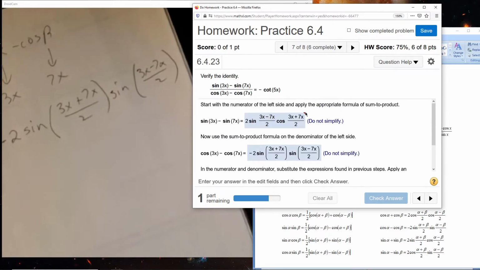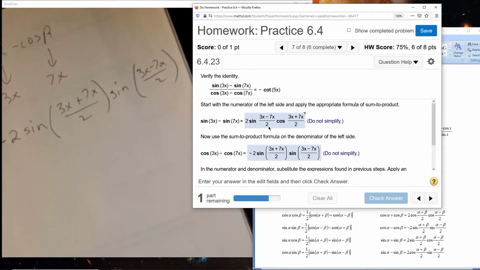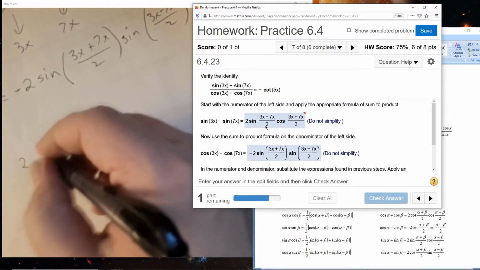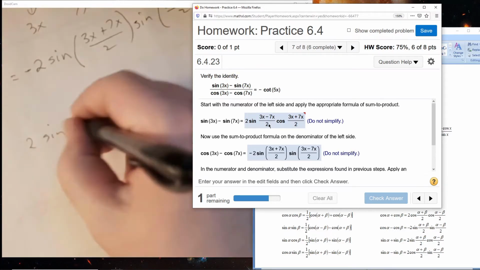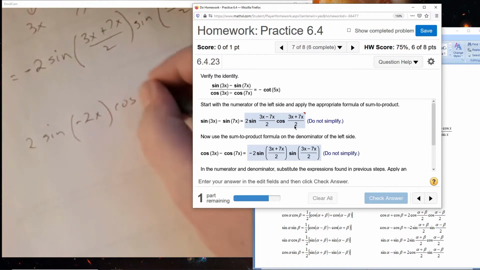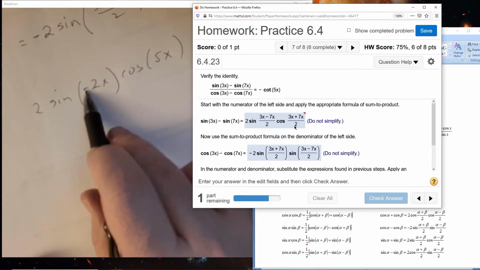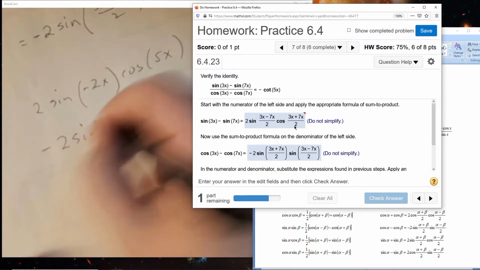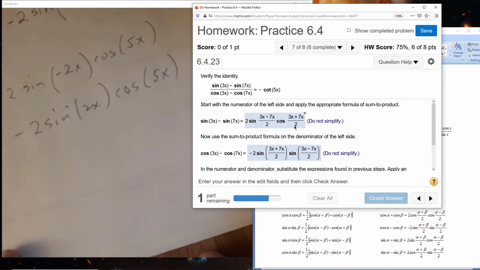So now, obviously, we need to simplify these, because now they say simplify your answer. So let's look at the numerator again, which is ultimately what I had before, but I guess we'll go through it again. 3 minus 7 is minus 4. Minus 4 divided by 2 is minus 2. 3 plus 7 is 10. 10 divided by 2 is 5. Sine is an odd function, so the minus sign can pull out in front of the sine. That's the numerator